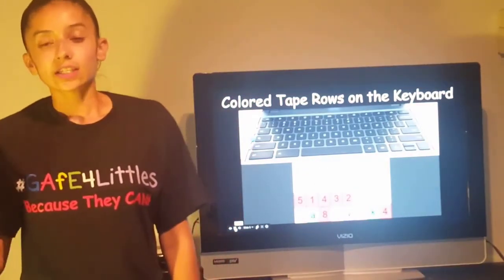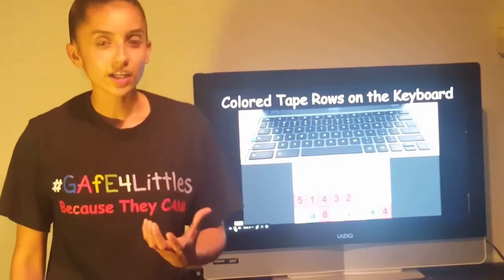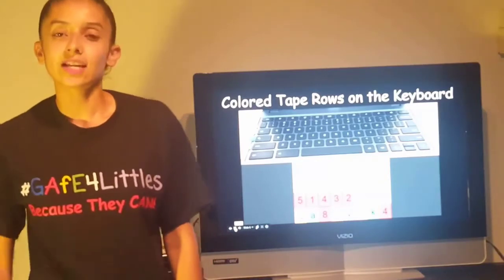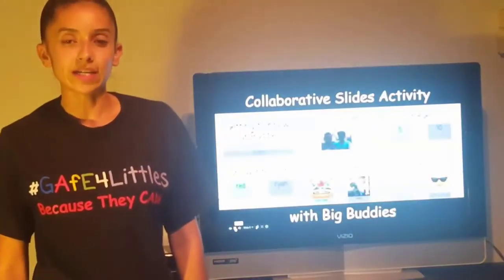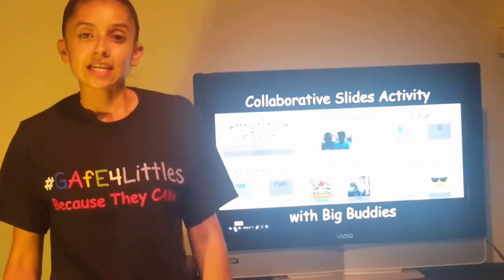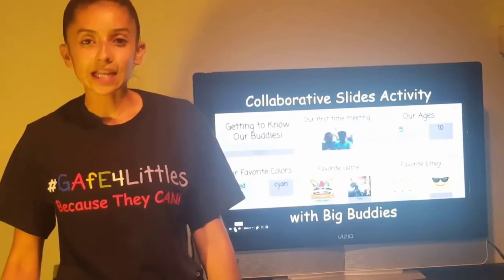So I put colored tape on the side of the keyboard because they can match letters and numbers from their login cards to the colored tape that's on the side of the keyboard. So one of my kids' first activities was with their big buddies. They got to practice inserting pictures and taking snapshots with the support of their bigs to complete collaborative getting to